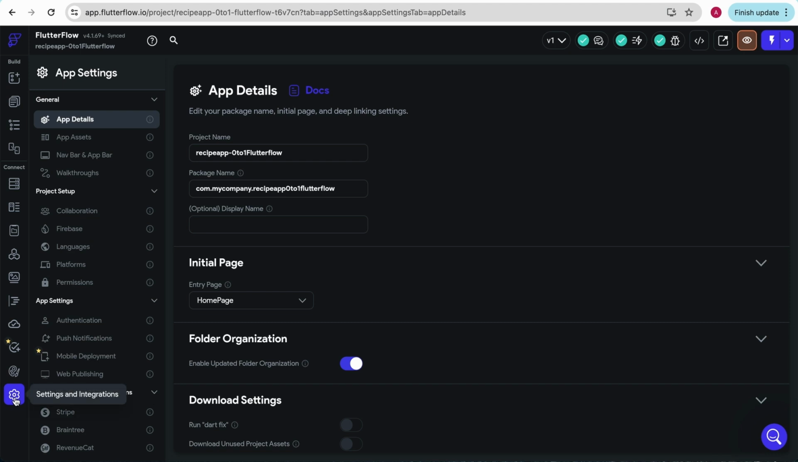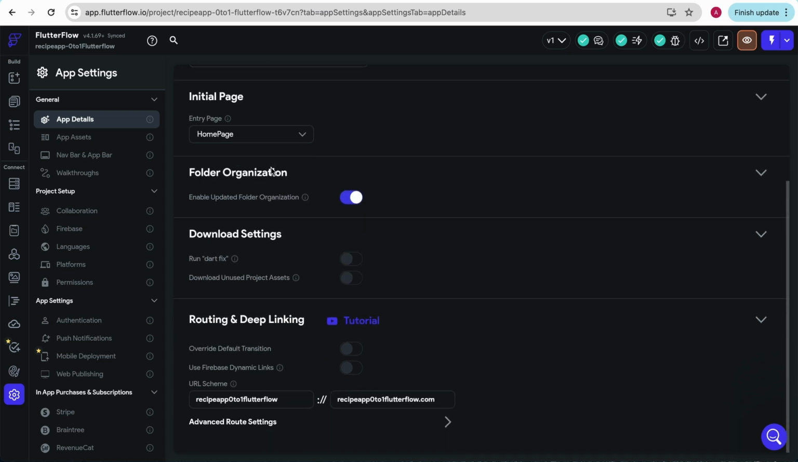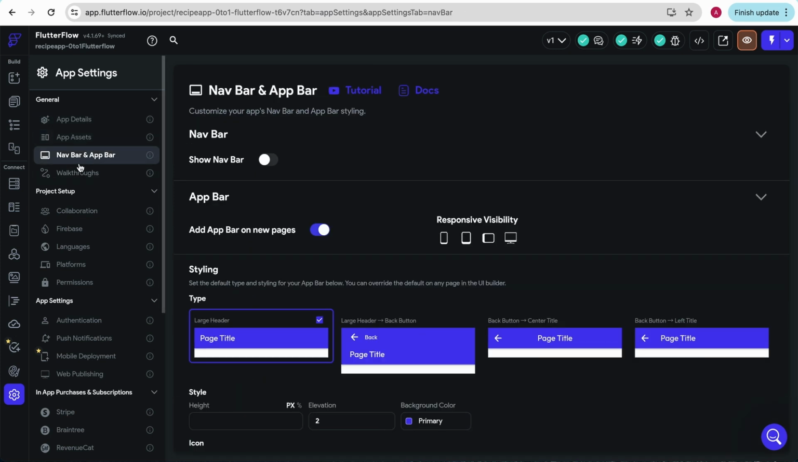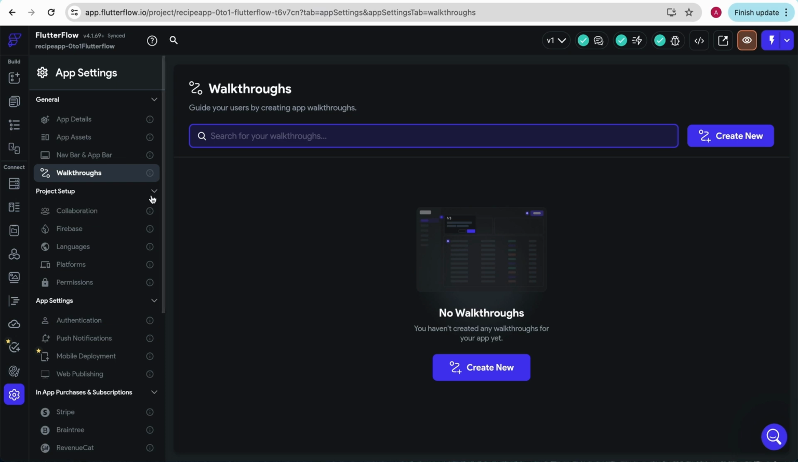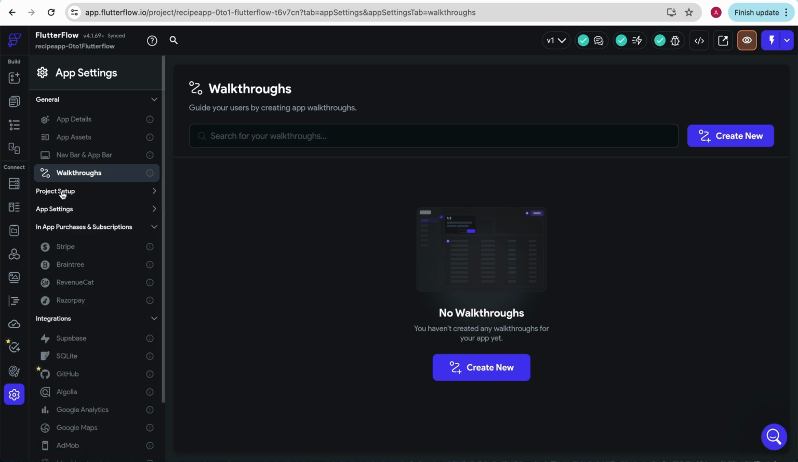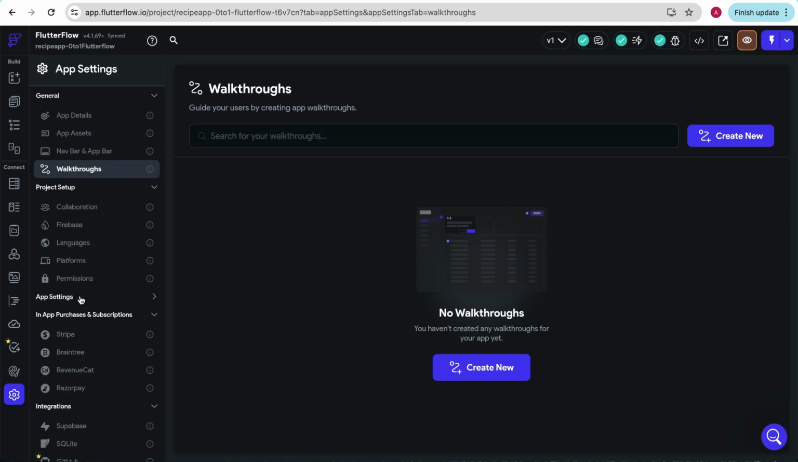I'm going to quickly cover the Settings and Integration tab. Over here, you can change some details about your application, like its name, and then also what the URL looks like. I encourage you to play around with this, but we aren't going to focus too much on the things over here. But in the Settings tab, you can edit some things about your project setup,